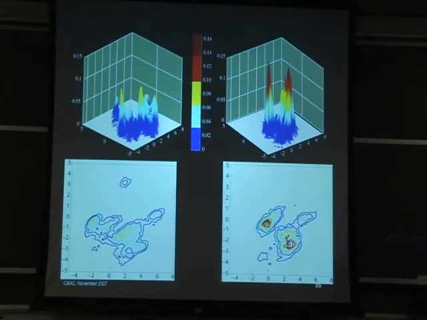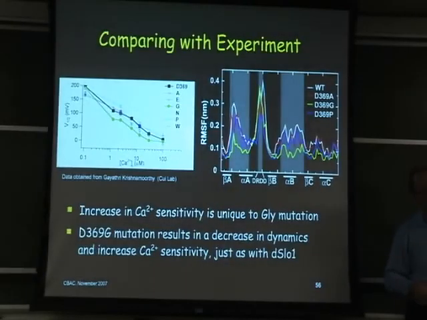And the mutant, okay, here's this 2D projection, occupies a much smaller region of conformational space. So it seems to be much more restricted. Okay. So now we want to go back and try to make some sense of this in terms of experimental and structural results. So remember, we said that this glycine mutation, in terms of the electrophysiology, was somewhat unique in terms of its behavior. And we saw exactly the same thing.